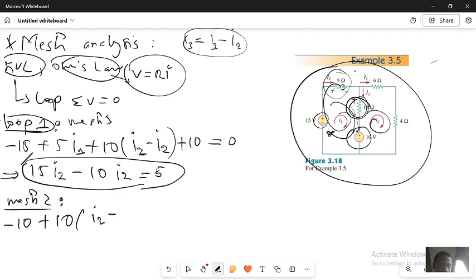I will always start with the current of the mesh that I am in, I2 minus I1, because this resistor is between mesh 2 and mesh 1, minus I1, plus the voltage of this resistor. The resistor is in mesh 2, so I will have 6 I2 plus the voltage of this one, plus 4 I2,